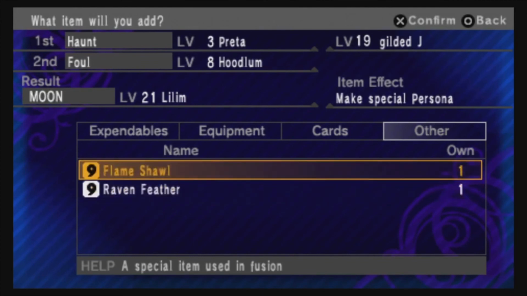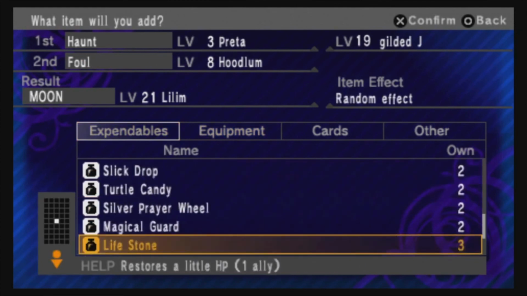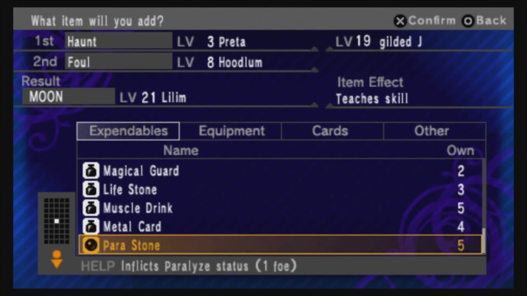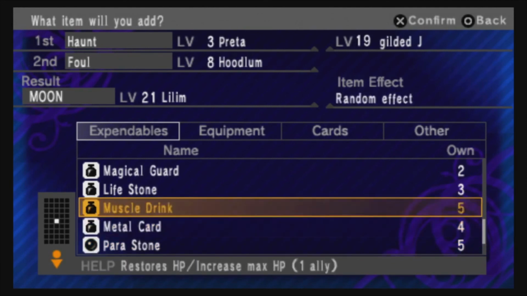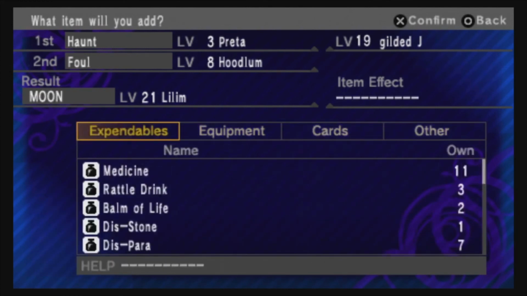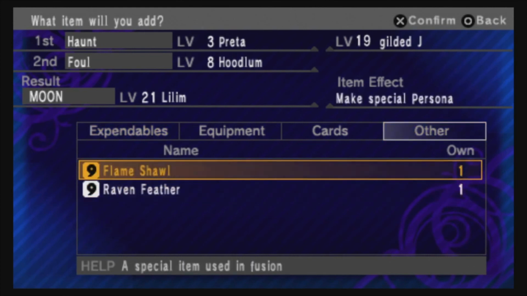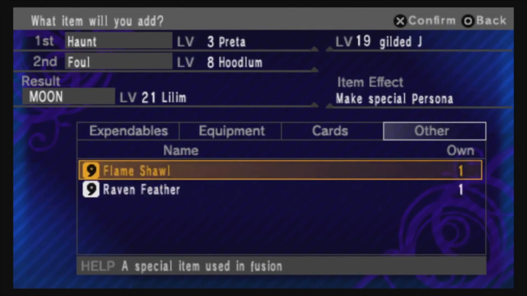Oh, dude. I kind of want to save before I mess around with that, though. These have random effects. Teaches a skill. That's interesting, too. Teaches a skill. It doesn't tell you what skill, though. I'm really interested in these two. The Flame Shawl and the Raven Feather both make a special persona. I feel like we want to make those. But I don't know if I want to use these cards to make them, right? I mean...